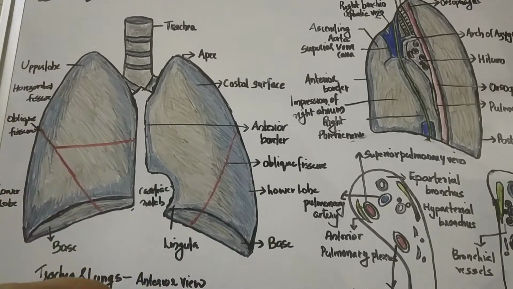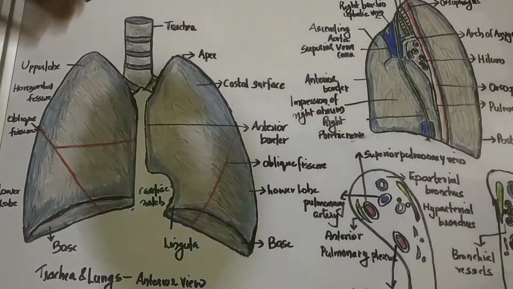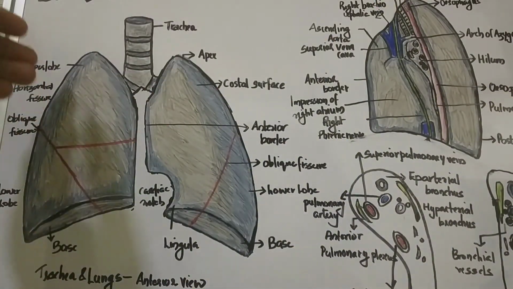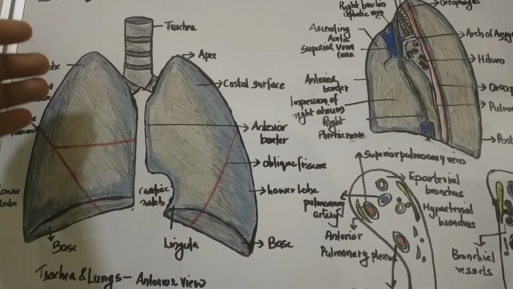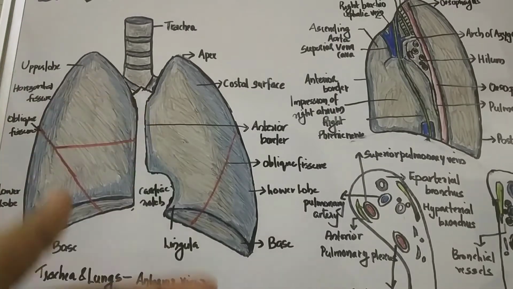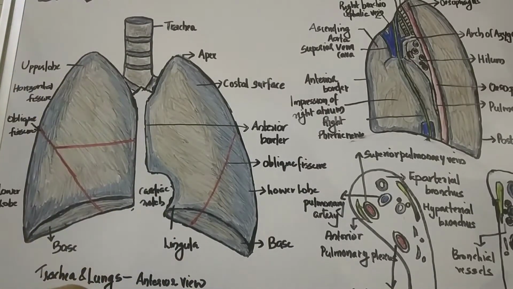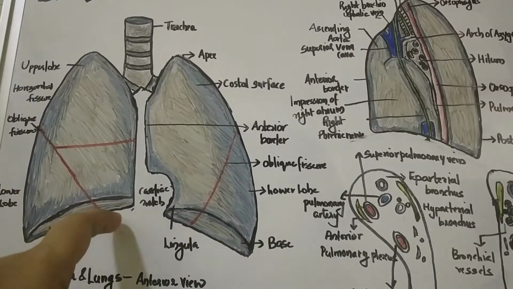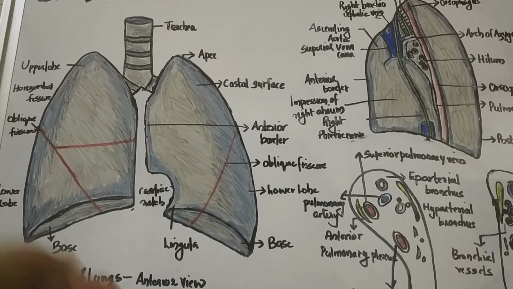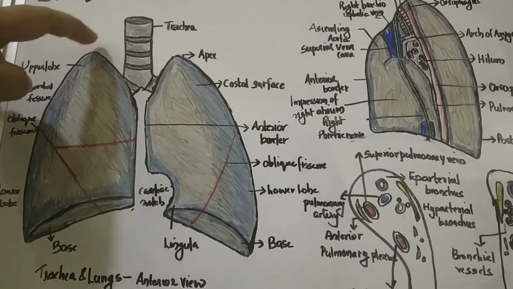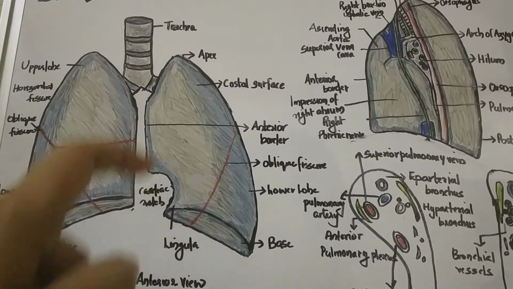It passes through the whole thickness of the lungs except at the hilum. So the hilum is the only place where these lobes are connected. Except at the hilum, this oblique fissure cuts through the whole thickness of the lungs. It passes downwards and forwards, crossing the posterior border 6 cm away from the apex and also the inferior border 5 cm away from the median plane.